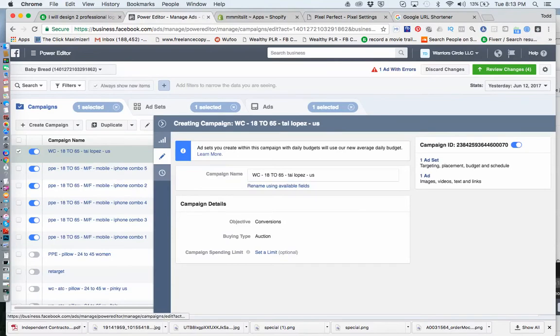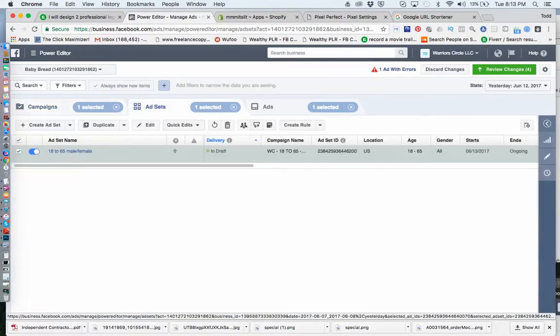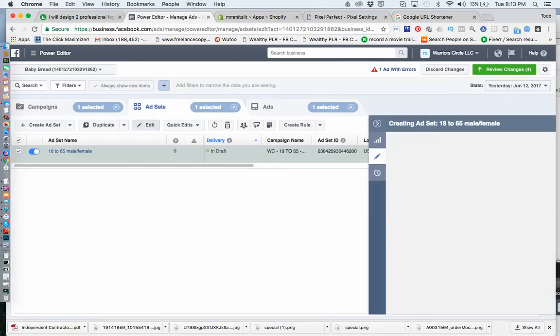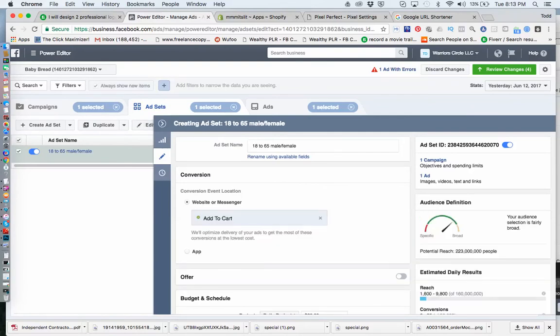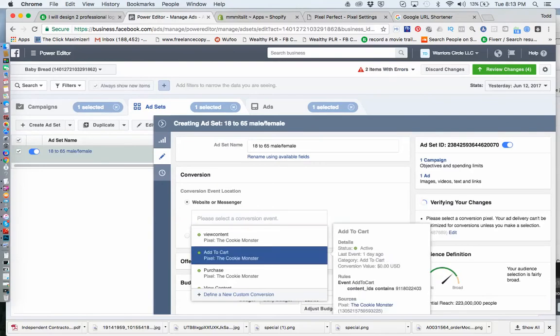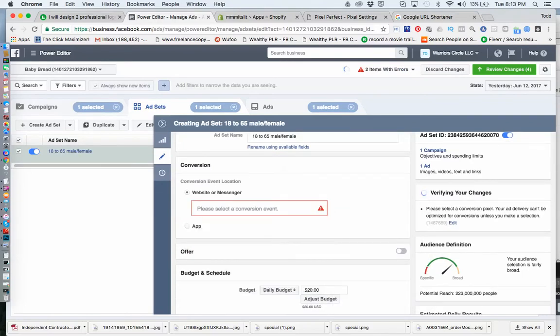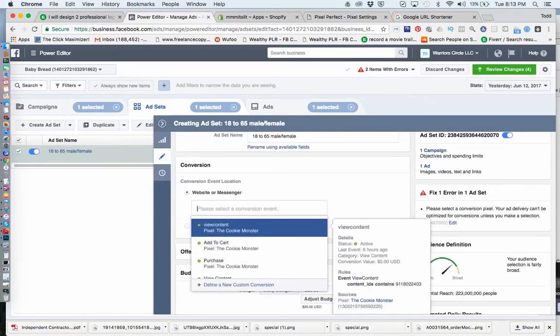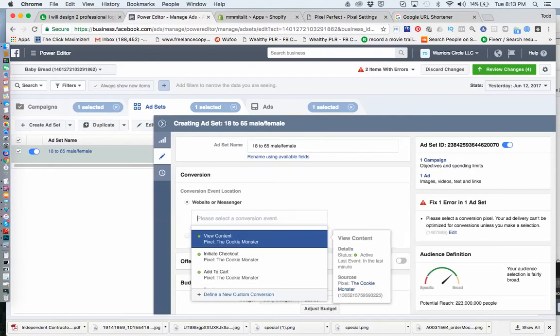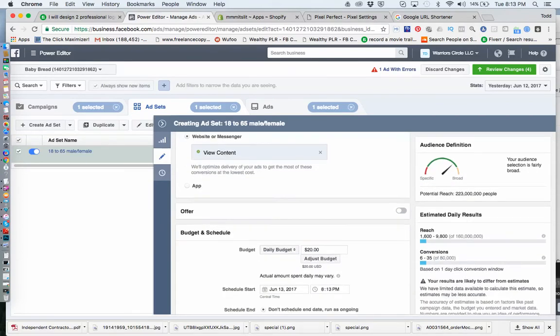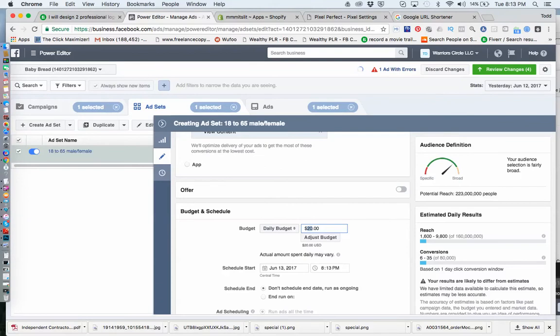Boom, it's going to kick you here. Then you're going to jump over to the ad set level. Then I'm going to hit edit. I'm going to go through my usual setup for this product. So I'm just going to go with view contents. No, that's not one that I need. This is the one. Yeah. And then I'm going to do my $4 ads,